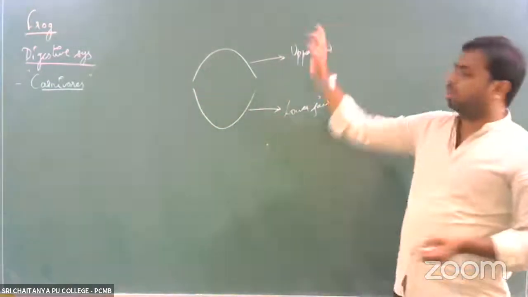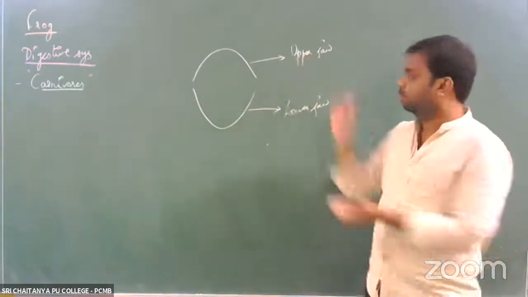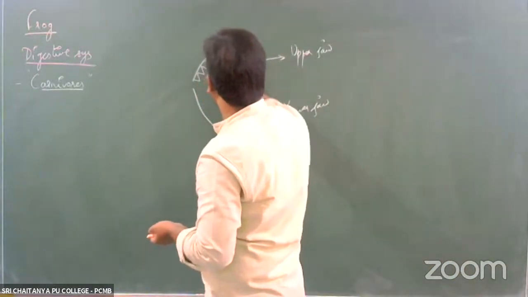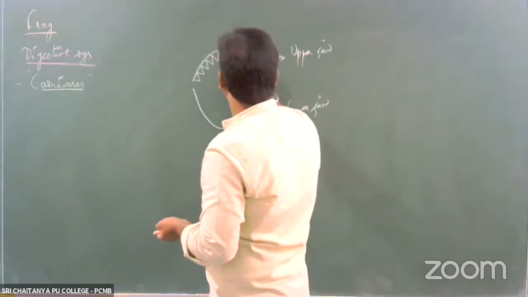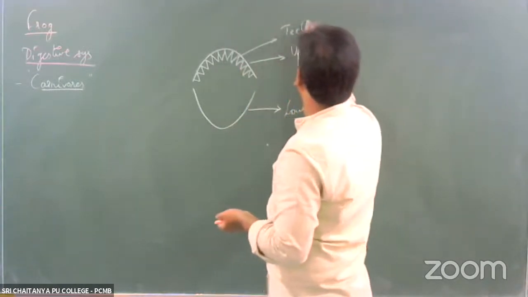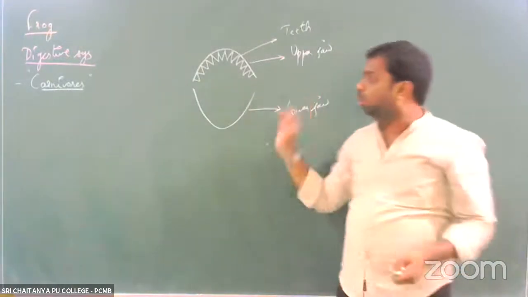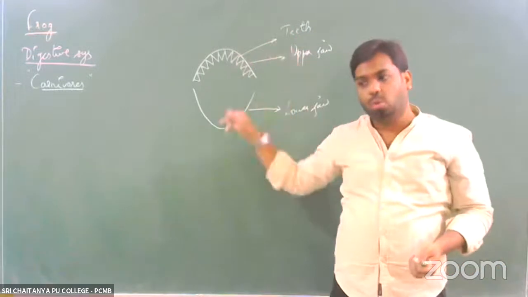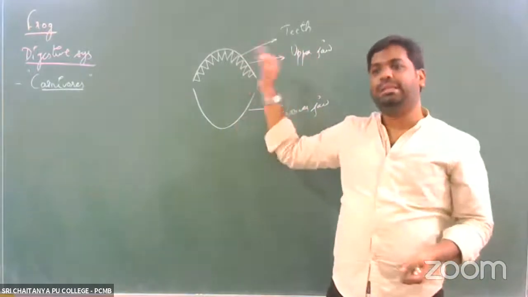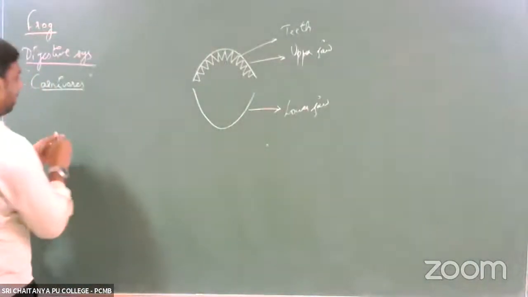Now, these organisms have teeth. The teeth are located in the upper jaw. This is how the teeth are arranged in this organism. So this would be the teeth present in these organisms. With regards to the teeth, a few important things you need to remember. The teeth are present only on the upper jaw. The lower jaw of frogs does not have teeth. Since the teeth in the frog are located only on the upper jaw, we call such teeth maxillary teeth.